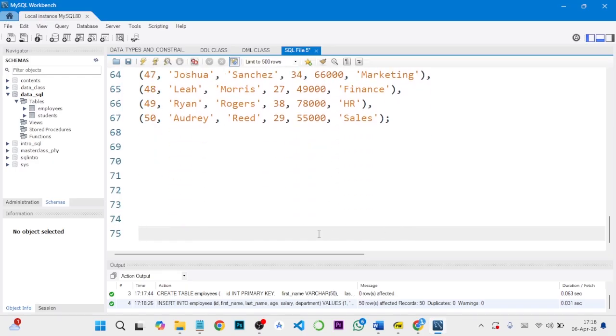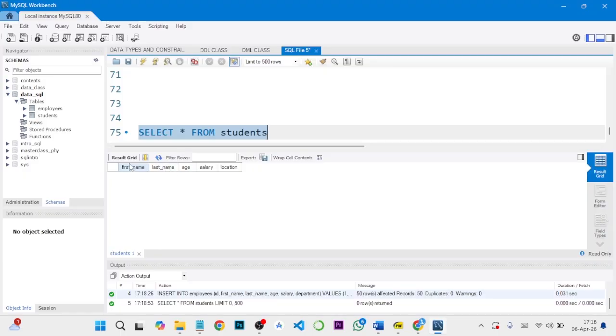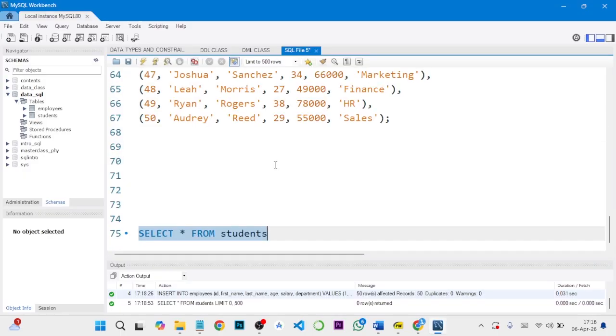I've used it already, but you might not know. You've seen me use something like this: SELECT * FROM students. If I run this, it's going to return all the columns from the students table, right? So if I change this to employees,